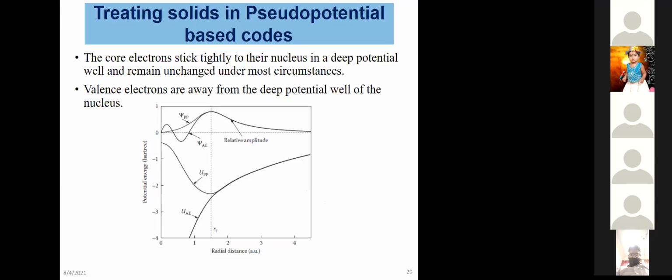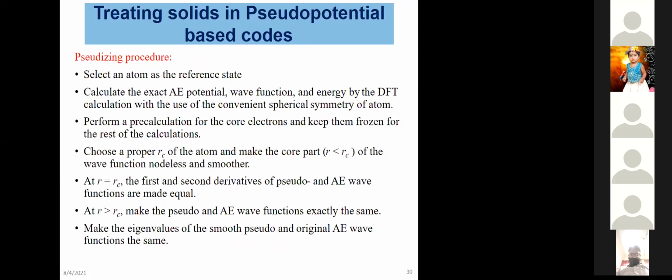The only thing is the all electron computation will be a lot heavier, and the pseudo potential method will give us a relatively easier way to solve. So how do we make a pseudo potential? For any atom, we select an atom and we calculate the all electron potential for that atom. That is done by Hartree-Fock method. You can compute the all electron potential, and you can calculate the wave function,